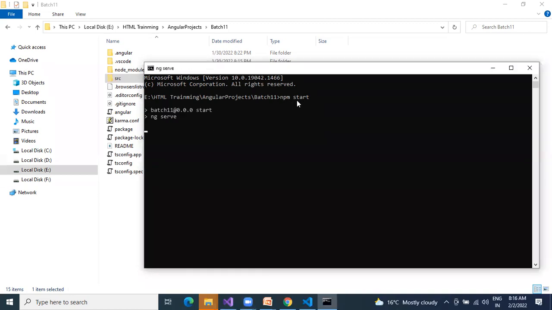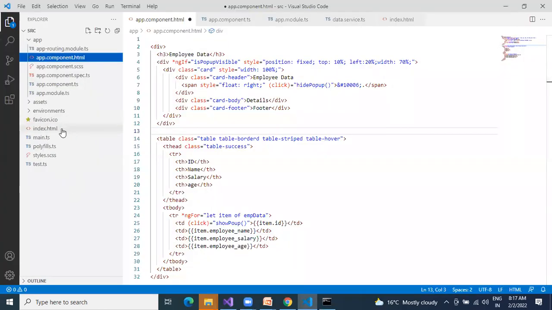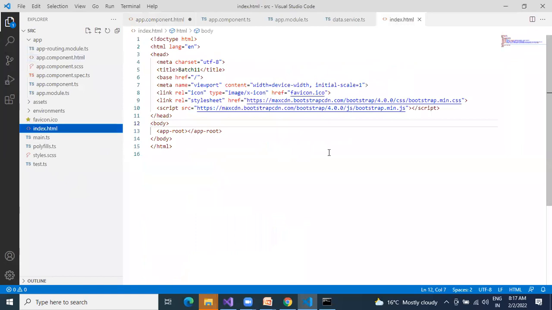See here, npm start is calling ng serve. So in the meantime, we'll see yesterday's session. In index.html, we include the third-party references. This is the place. This is the only place we add the references. No, there is one more place also. In tomorrow's session, I will showcase how to add these third-party reference links other than the index.html page.